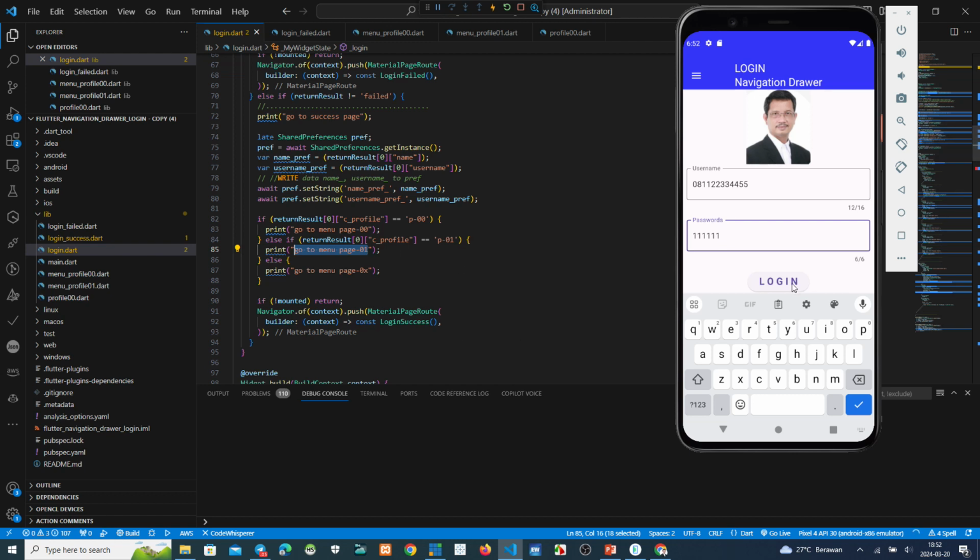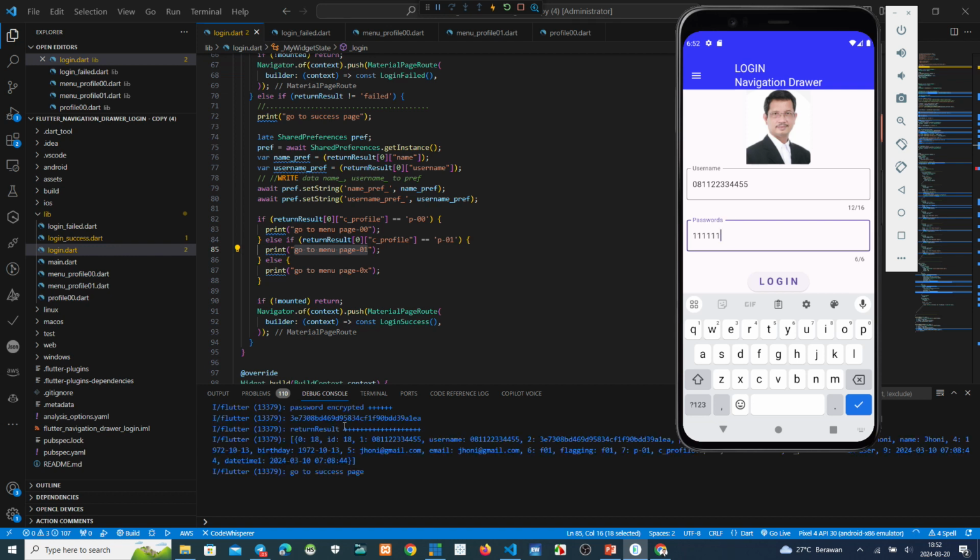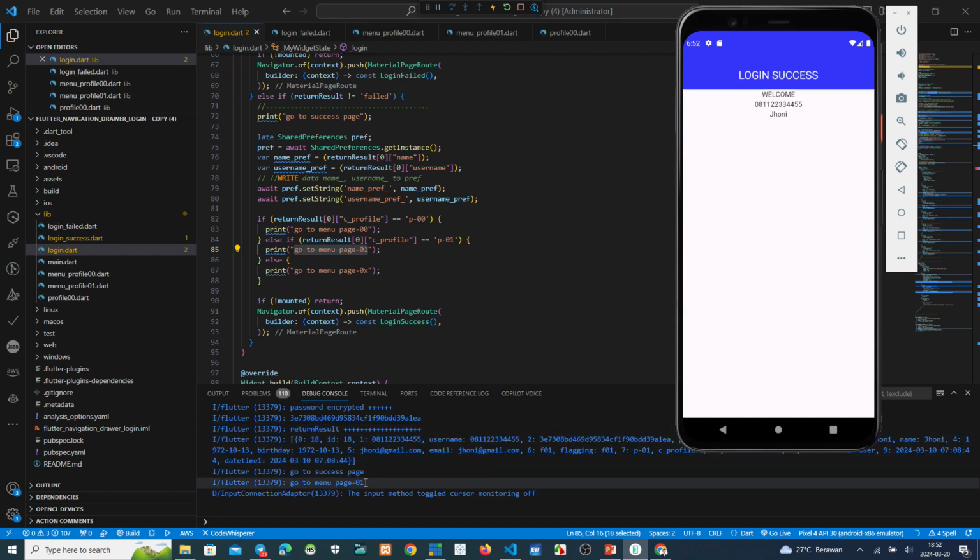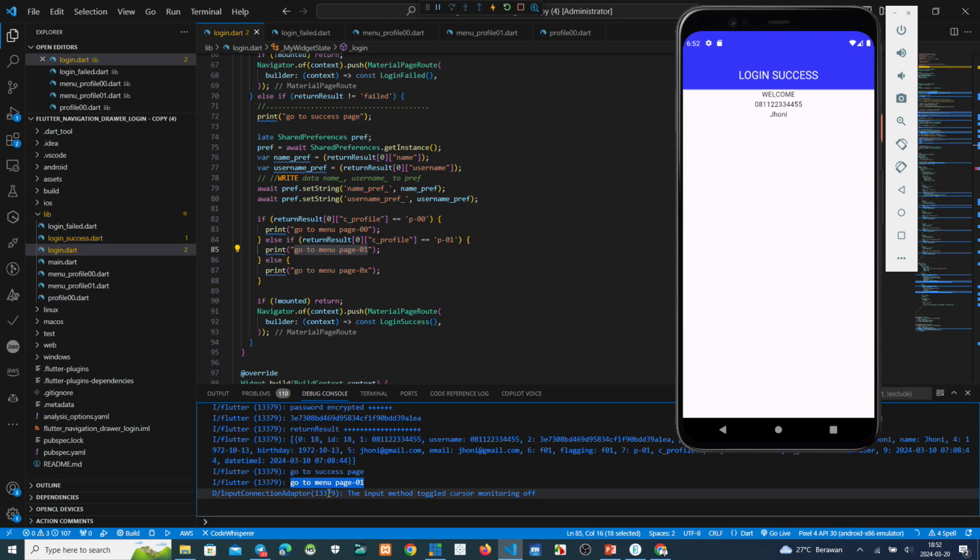Okay, login first, see this one. You see, go to menu 01. Okay, that's all. Now we want to make the page 01, 02.